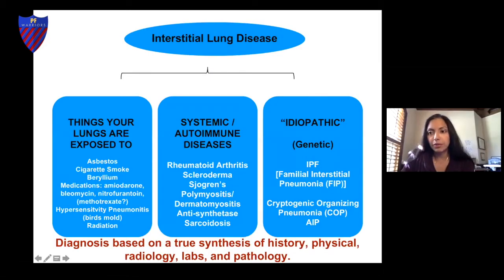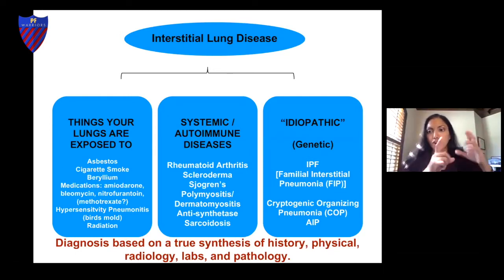So this is kind of the most important slide, I think, especially when I'm teaching younger doctors or medical students about ILD, which is that what we're trying to do in our initial evaluation is to understand what is the underlying cause of someone's interstitial lung disease, because that's going to help us understand how to treat them. To me, I really break up the host of many different ILDs into three big categories to sort of simplify it